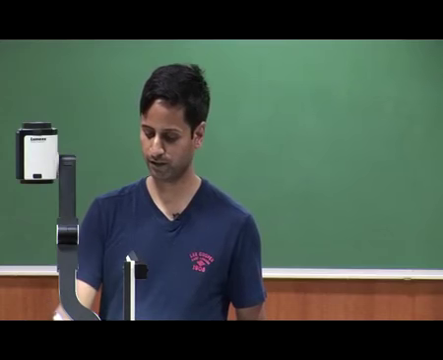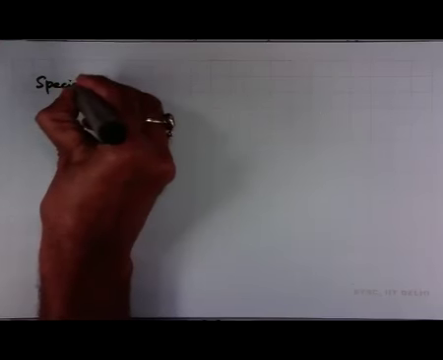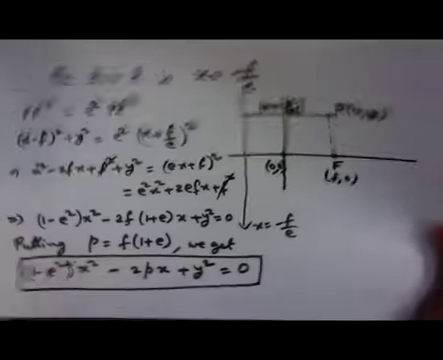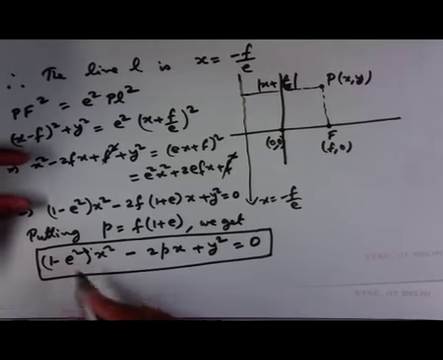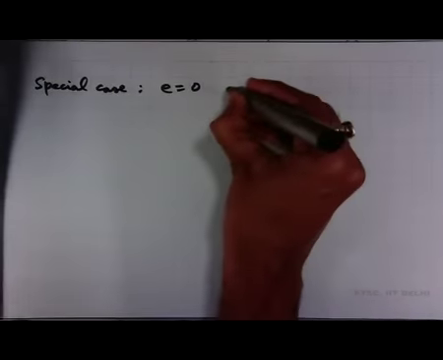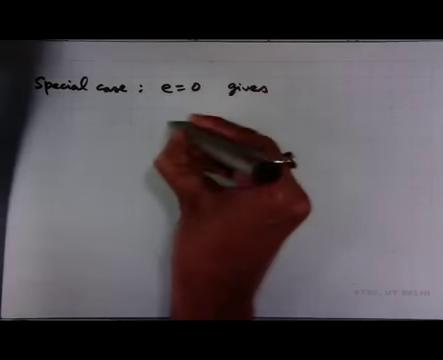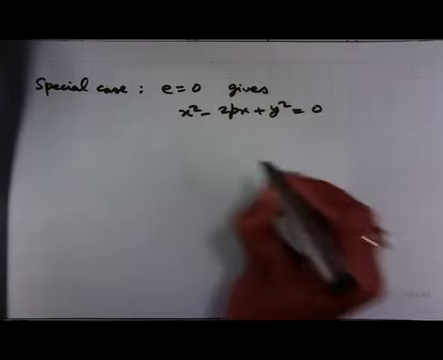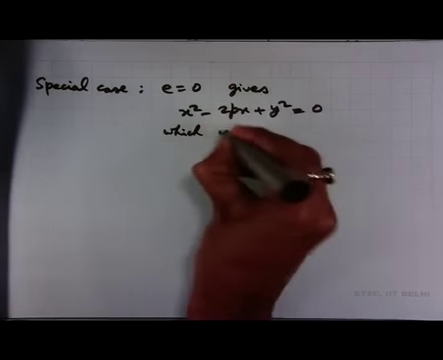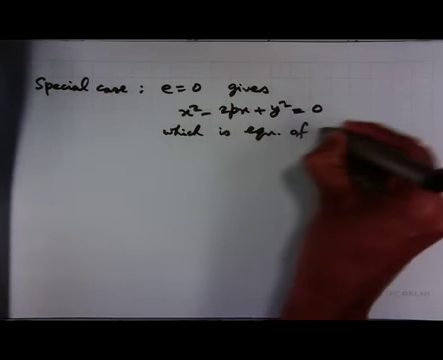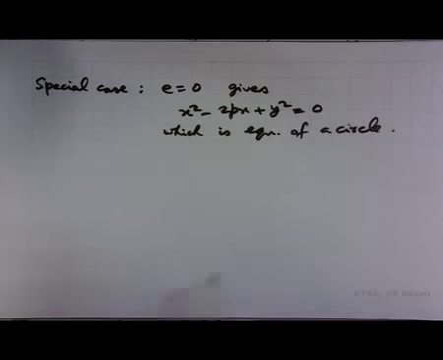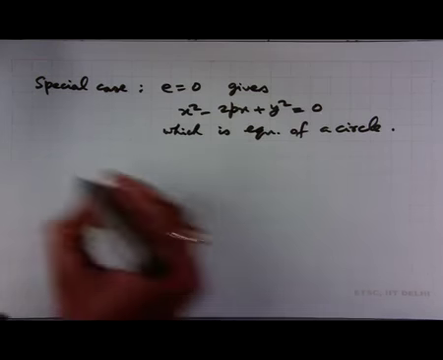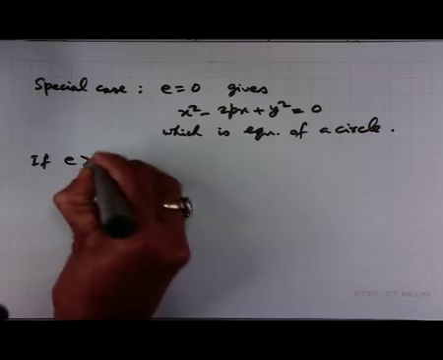In this special case, E equal to 0, if you see this was the general equation, if I put E equal to 0 gives x square minus 2 p x plus y square equal to 0, which is the equation of a circle. So, in ellipse we see if we put E equal to 0, we get the equation of a circle, and if E is greater than 1,